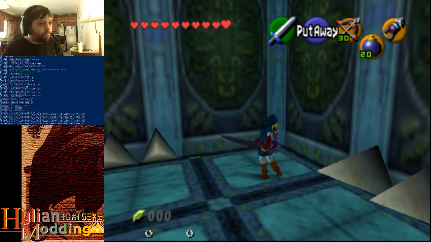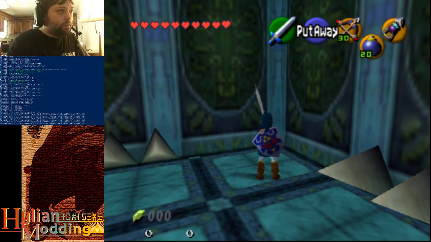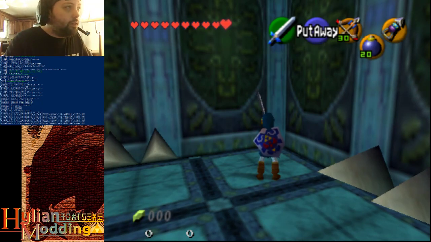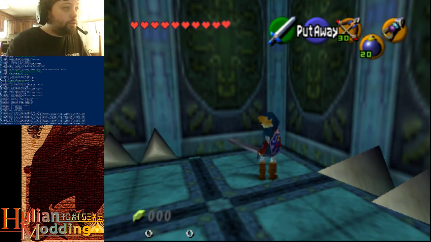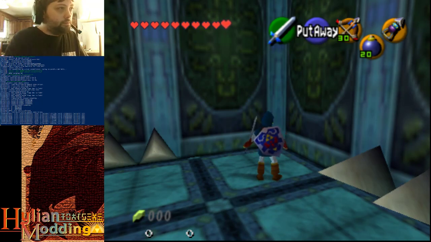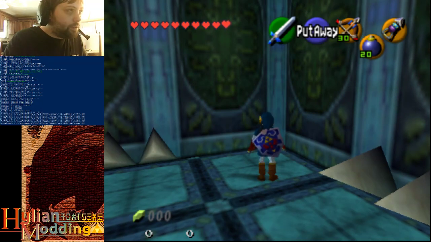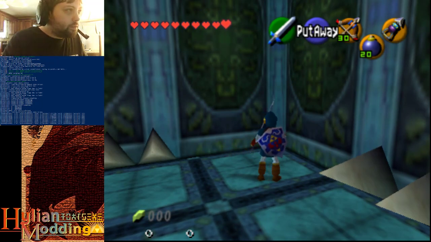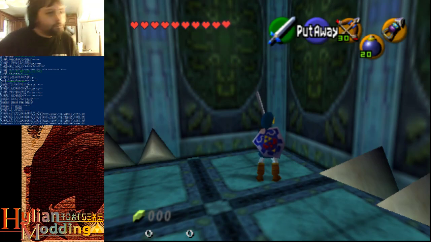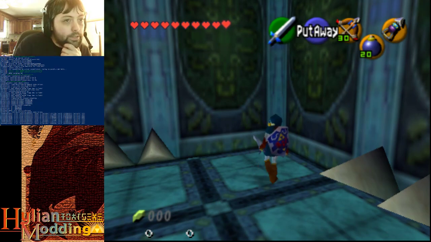Okay. So I think we've got this figured out now. What we need is to track... Let's see, Morpha's ID number is C4. And we're going to spawn a blue warp at this position in the room. And the value that I'm looking for is...